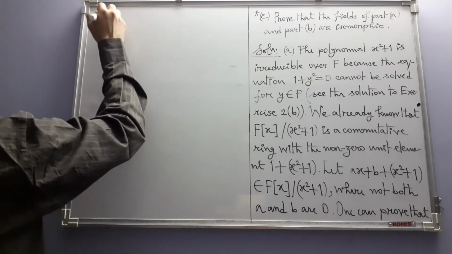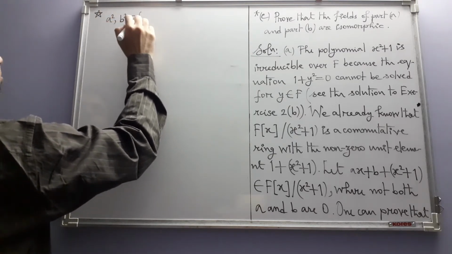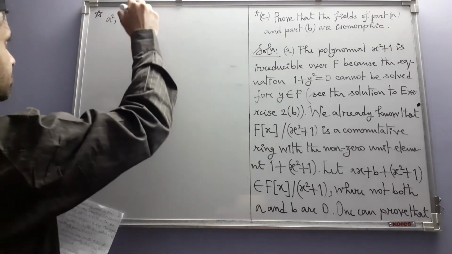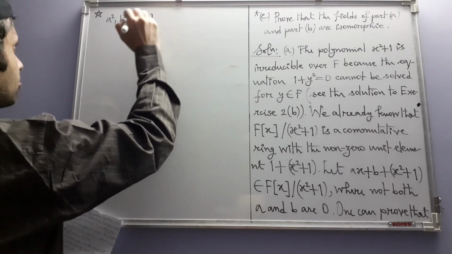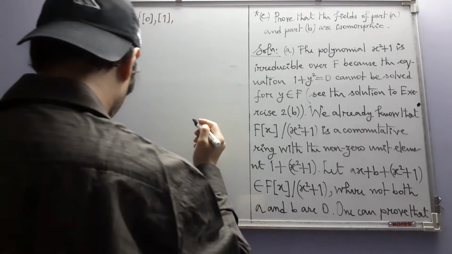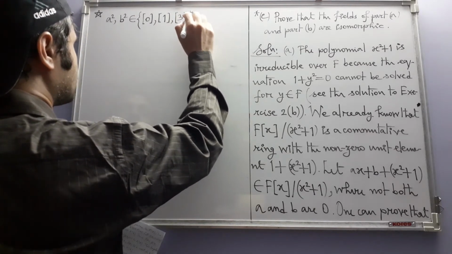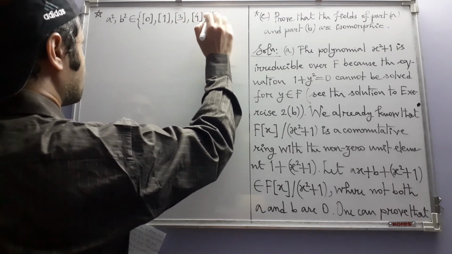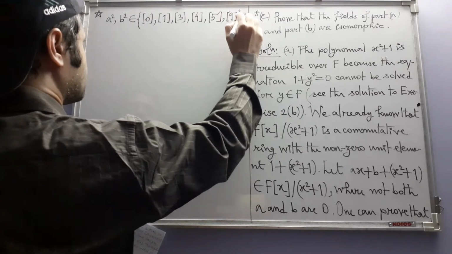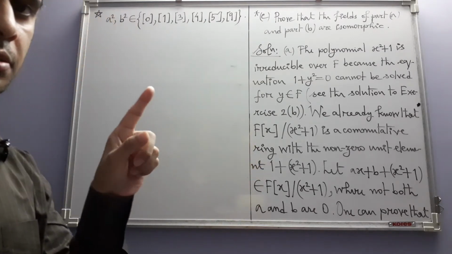A square as well as B square, they belong to this set. And there is 3, 4,